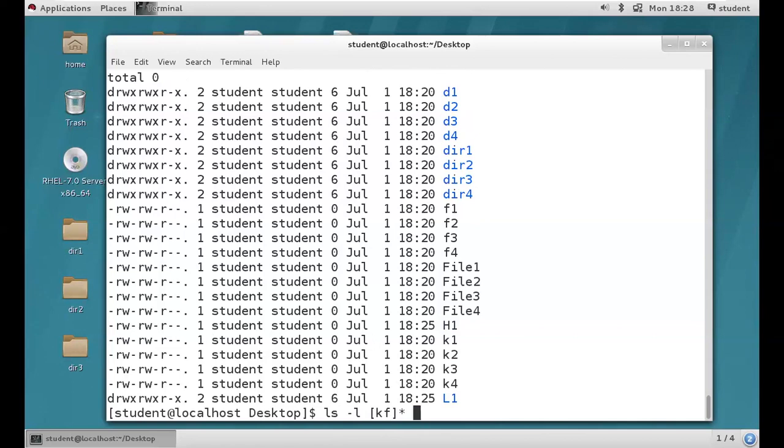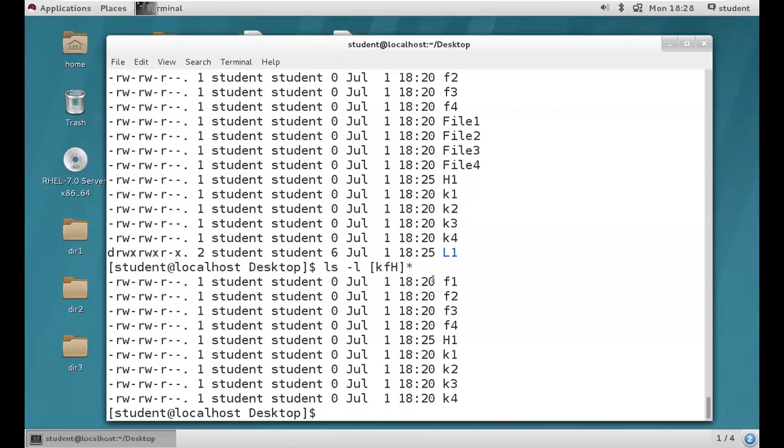It's not limited to this; you can provide any letters, your wish. If you want, you can filter files starting with capital H also. I hope you got it, guys. Clear? So files starting with K, F, and capital H, everything we are going to get. See: F1, F2, F3, F4, H1, K1, K2, K3, K4. So clear?